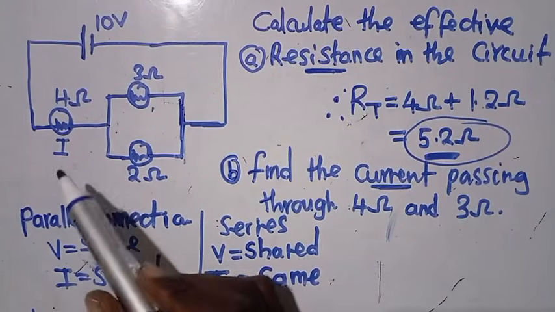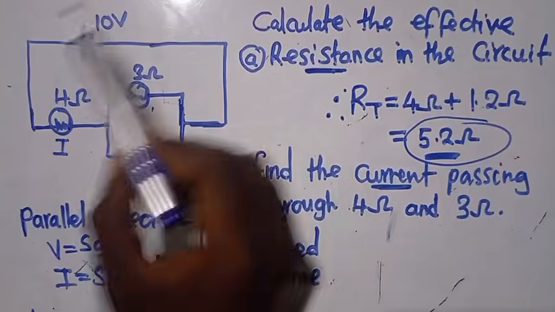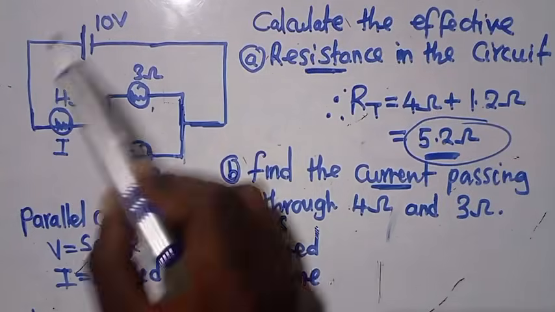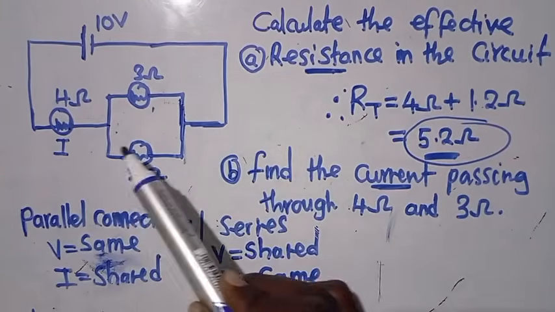So meaning that the current that is passing in the circuit here, the current that is in here, so